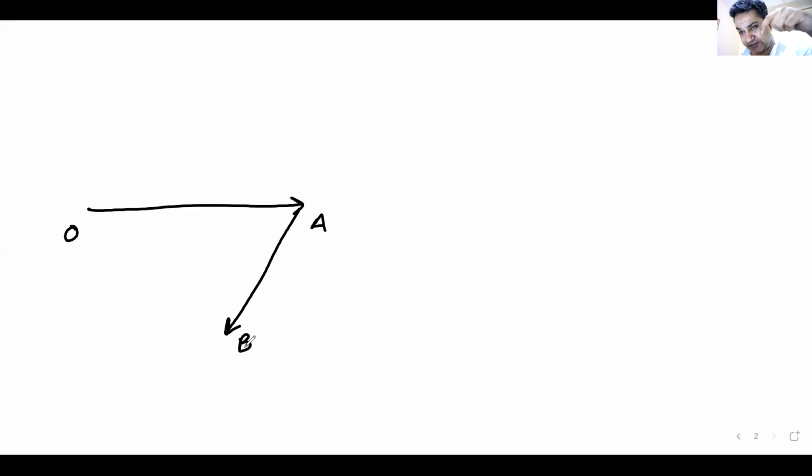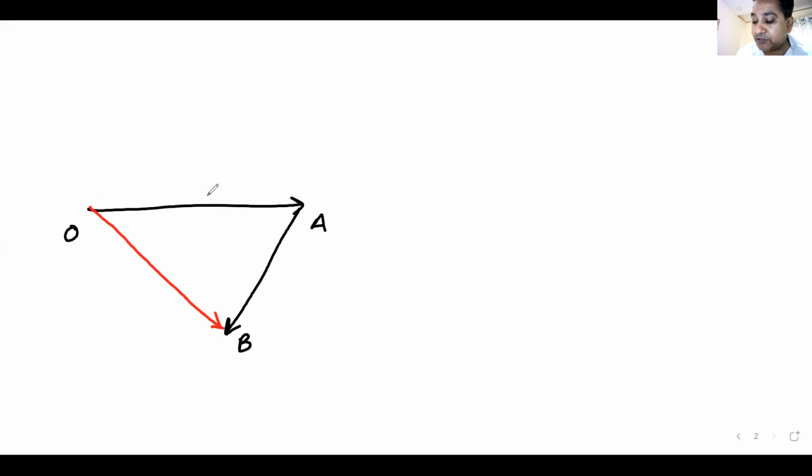Everyone sees this. Okay. Now let us say that I have this vector OA, and I have this vector. It can go in any direction. OB. What will OA vector plus AB vector equal to? And the answer would be OB. So I join O with B. That is my answer. Am I clear?